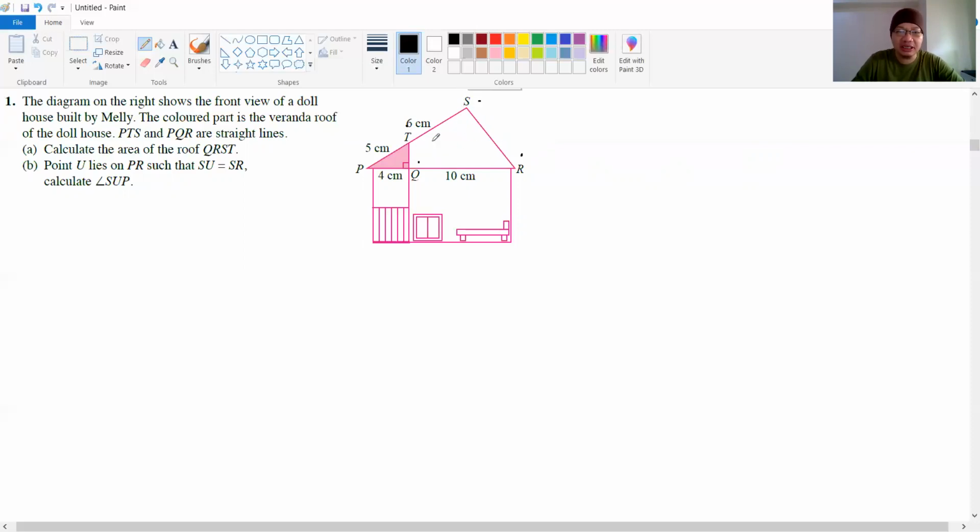Okay, so this unshaded region actually is a part of a big triangle. So from here, logical thinking, you want to find this region here. Let me put a star. You want to find the star region area. So you need to determine the whole big area, and then you minus the small one. Then you got your balance. That balance belongs to star. Now to find that, number 1, the big area is PSR. So to find the area of PSR, it will be 1/2,